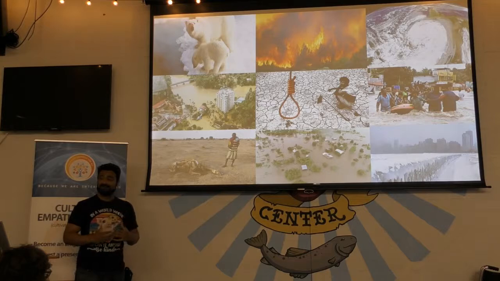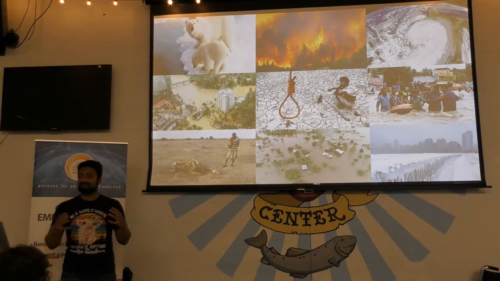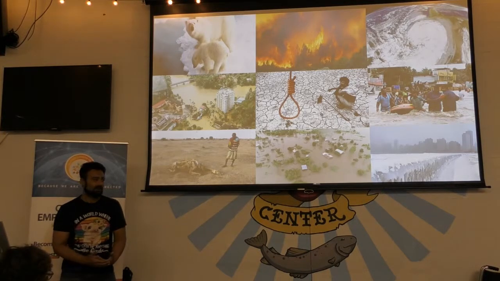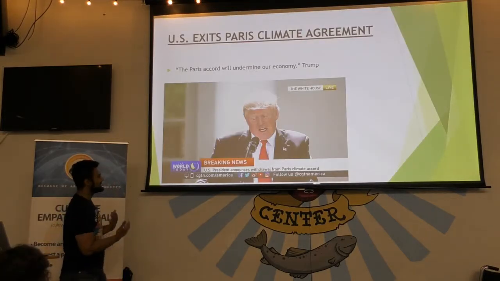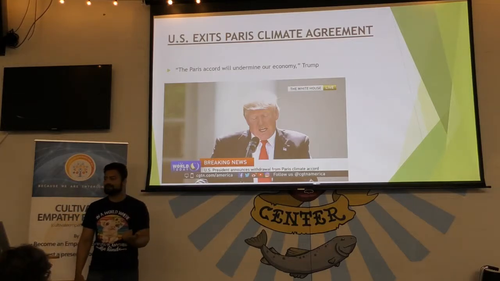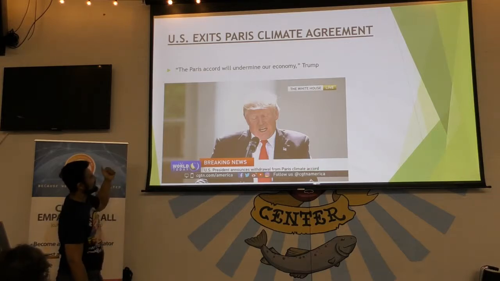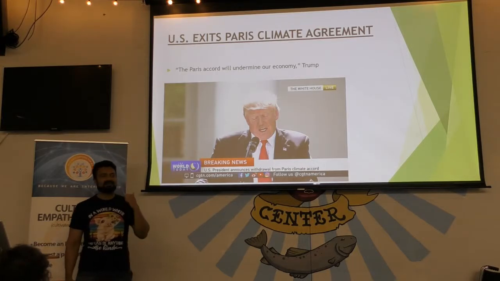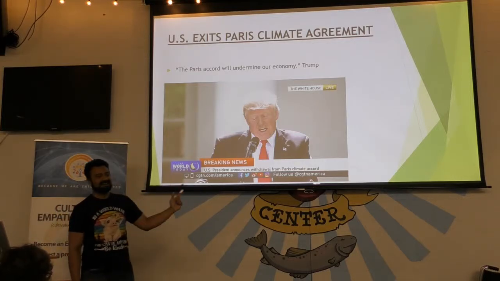But I also agree that there is a majority of our Republican friends out there who don't quite understand or link this disaster to the economy and the impact it is having on our economy. That's why, even after all this damage, in 2017, President Trump withdrew from the Paris Agreement, specifically saying that the Paris Accord will undermine our economy, without understanding that climate disaster is impacting our economy too. We are just not being systems thinkers by connecting that link.